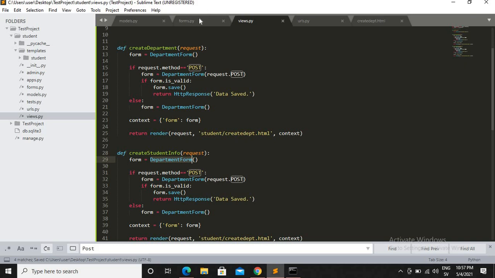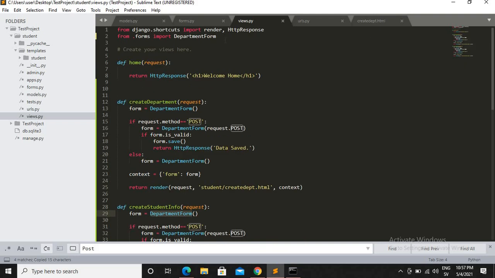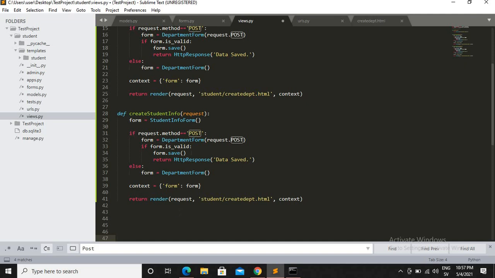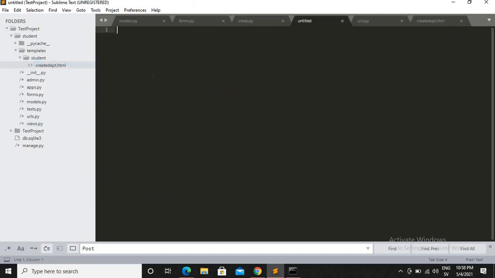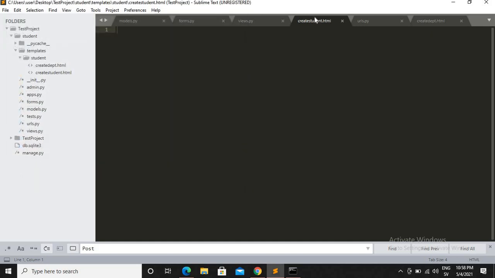and just import the form class here and just change the department form to student form, okay, and then we need to create an HTML file which should be create student.html, okay,